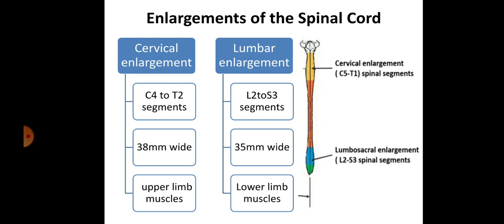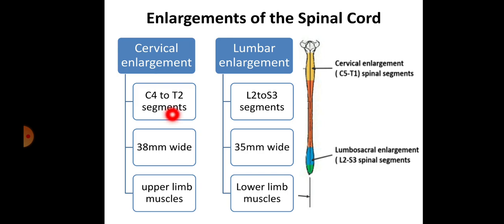Next, we are going to discuss the enlargement of the spinal cord. Already I told you the spinal cord is an elongated cylindrical structure, but in the neck region, the cervical part, it is dilated, and in the lumbar region also dilated. This dilatation is because of the presence of excessive nerves for the upper limb and the lower limb. These swellings are called the cervical enlargement and the lumbar or lumbosacral enlargement. The enlargements of the spinal cord are two in number. One is the cervical, another is the lumbar enlargement. The cervical enlargement is present in the cervical part, extending from C4 to T12 segments.